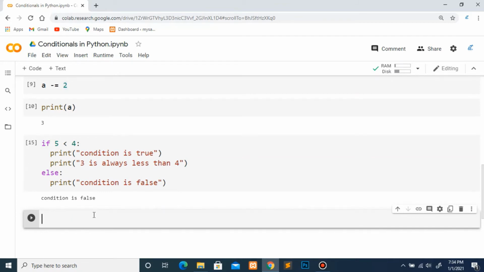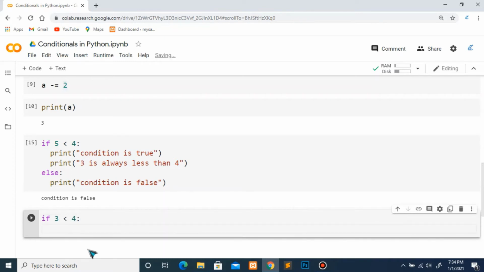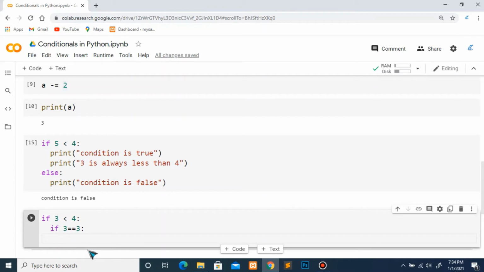I said that we can write an if inside another if. Like this: if 3 is less than 4, and if 3 is equal to 3, then print both conditions are true.